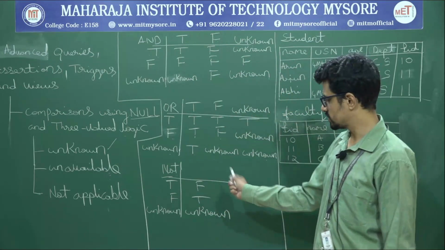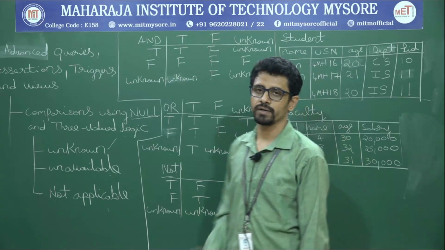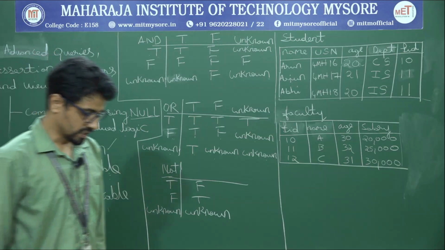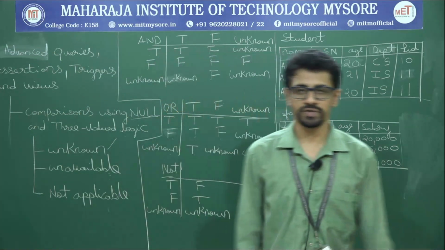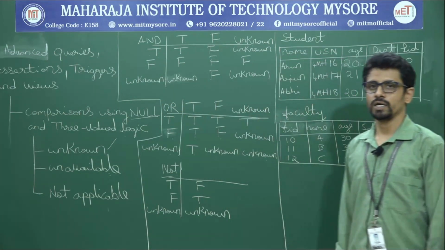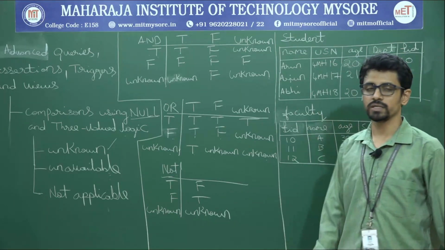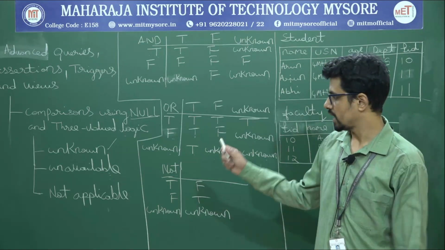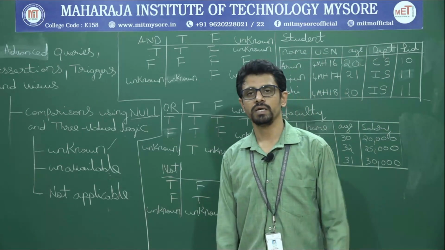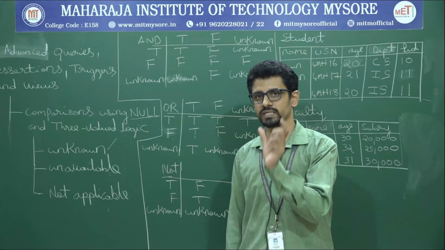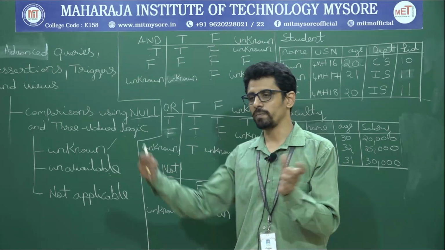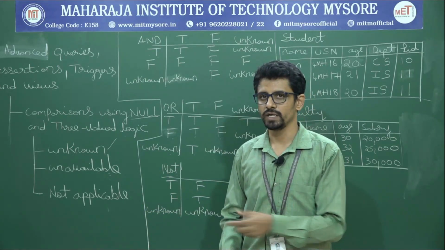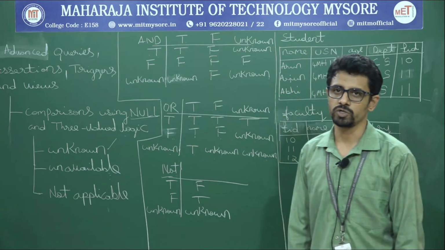And finally NOT, that is true is false, false is true, and unknown will be unknown itself. If you take the negate of unknown, it is the same. So this is the three valued logic when writing the values for tables. Null indicates three variants: unknown, not available and unavailable. All three can be indicated as unknown. That is the third value in the logic. So whenever you have operations being performed using the AND operator or OR operator in the where clause while writing a query, you make use of this three valued logic.